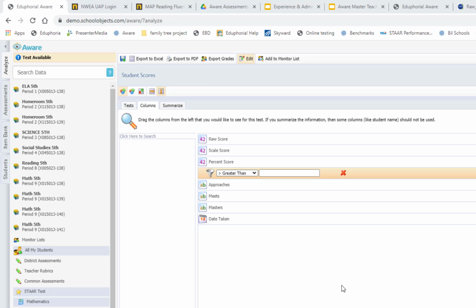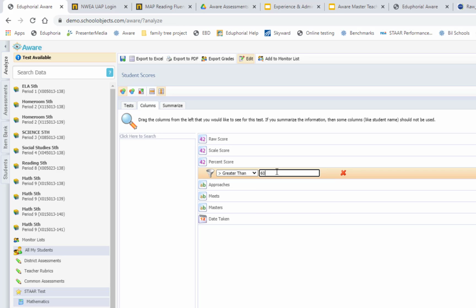So on this test, 70% was the lowest possible percent you could earn in order to get meets. And this is completely up to you, I'm going to start at 60%, and go up to about 75%, so I can get those kids that I feel like I could push up. They're at the higher end of approaches and I could push them up to meets if I just focus in on their needs. So I want to get 60 as my lowest score range, but